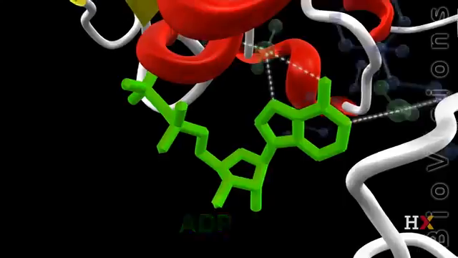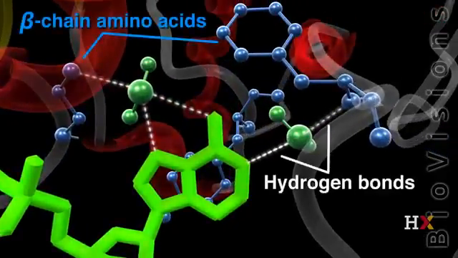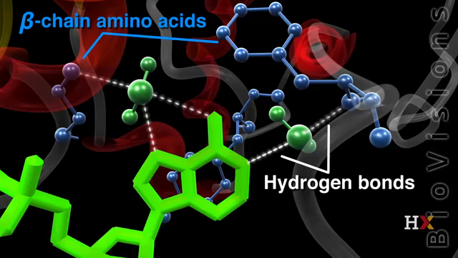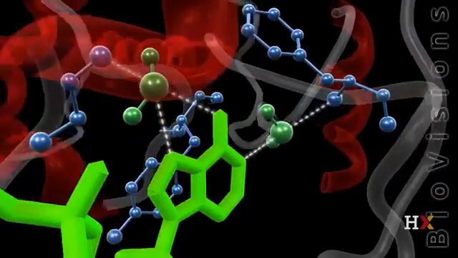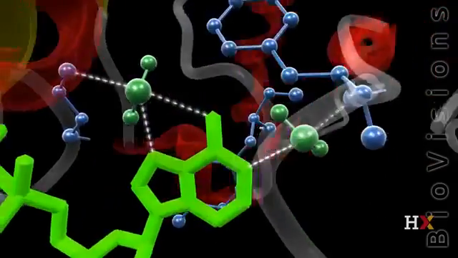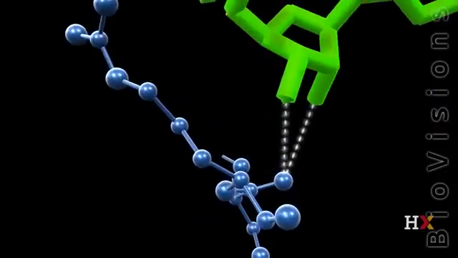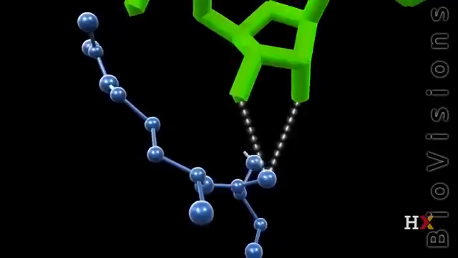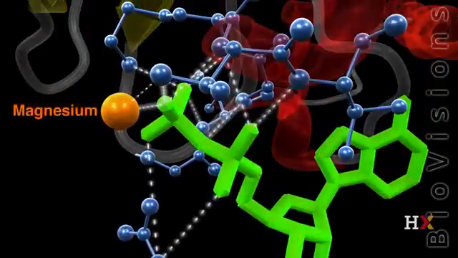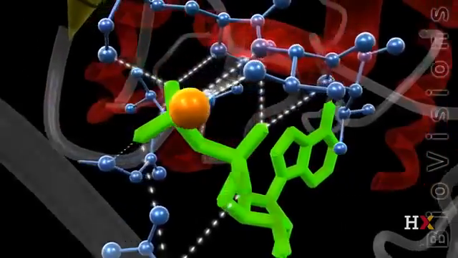Here is ADP with its two phosphates. They are all held in place by a network of hydrogen bonds mediated by the amino acids in the folded structure of the beta subunit. Hydrogen bonds stabilize the base and the sugar, but really primarily the base. There's also a magnesium ion that plays a critical role in not just stabilizing, but also neutralizing the charge of